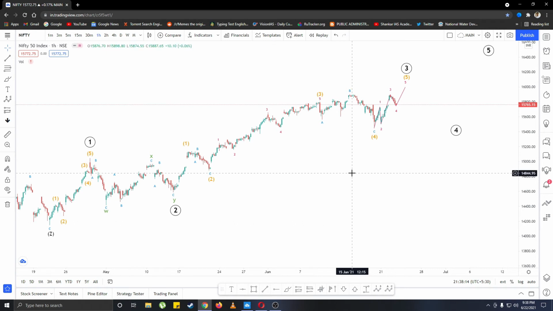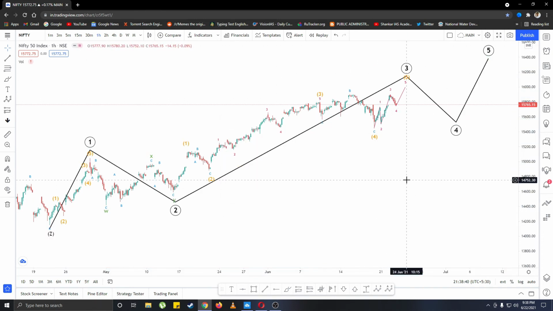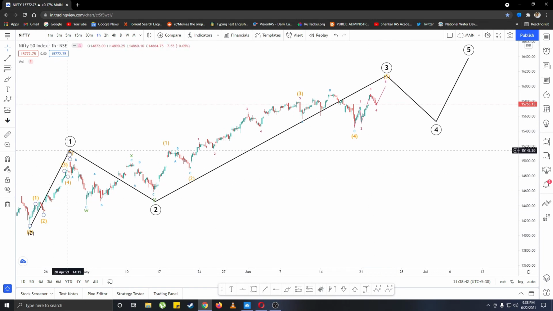Now the very important point about Elliott wave is that if you look at 5 people's chart, everyone's counting will be different. So it is a subjective analysis and it is open to interpretations. Now my counting looks something like this. This is our main wave, 1, 2, 3, 4 and a 5. If I show the wave, my current counting looks something like this.